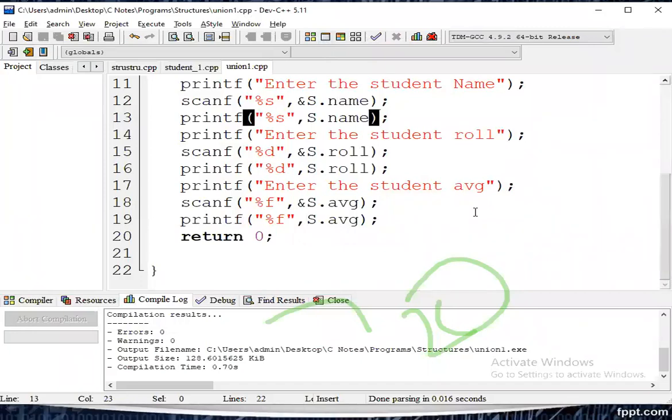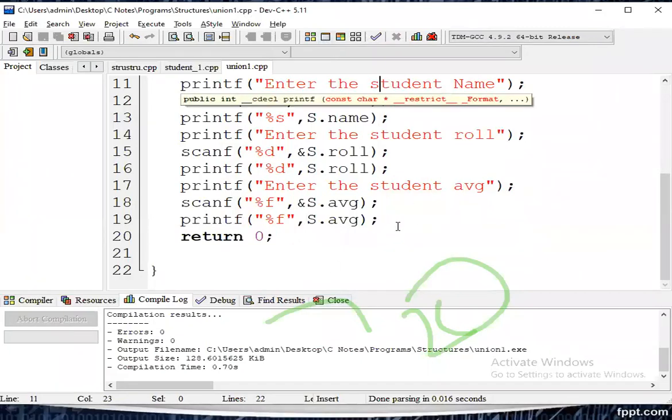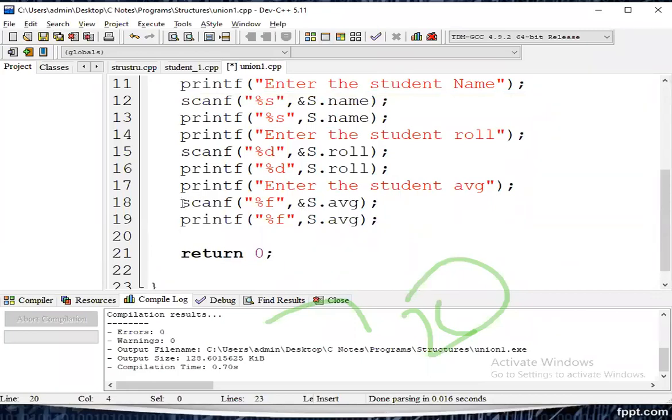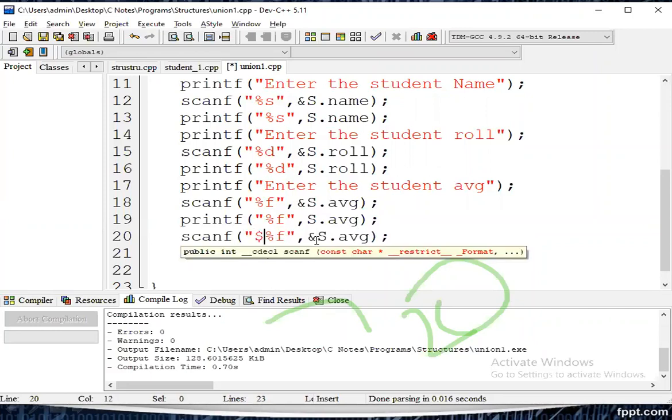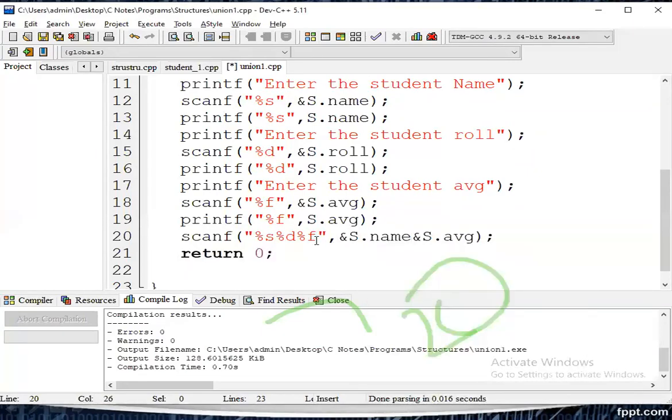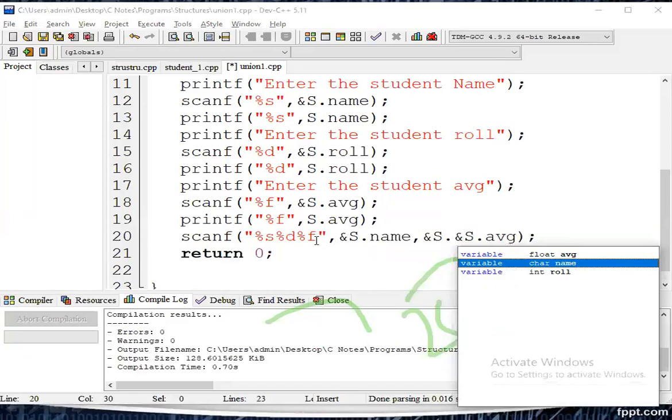Let us check how we can scanf completely as in previous examples. Actually, it is not supported. Why? Because that is the limitation of the size. It is not possible. Percentage s, percentage d. It is not possible. For your better understanding, I am giving that information also. Name, next one, ampersand, capital S dot roll number.